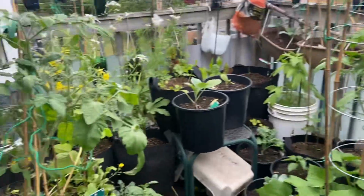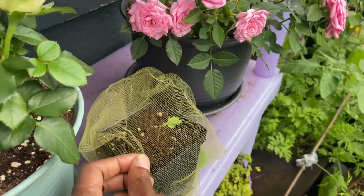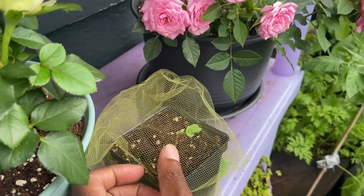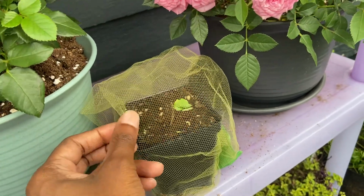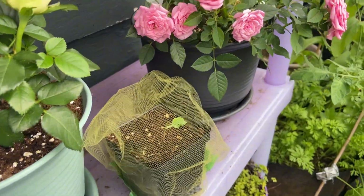So 2 weeks ago I sowed this seed and another one, and a few days ago I noticed that something is eating the leaves, so I had to cover it with this netting to give it a chance to get bigger, which is really annoying,